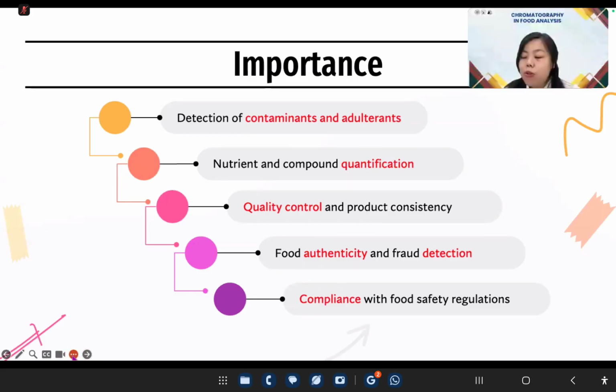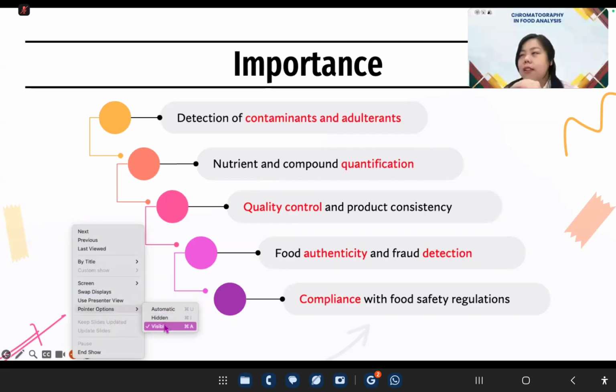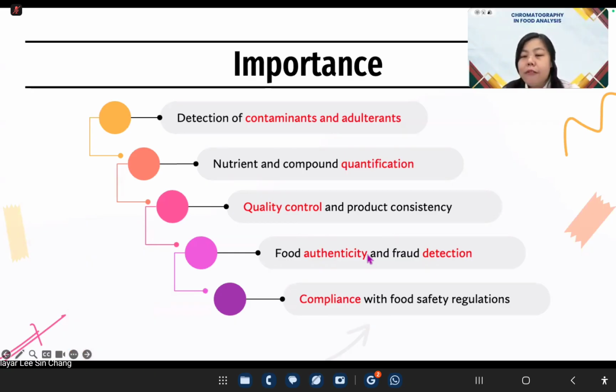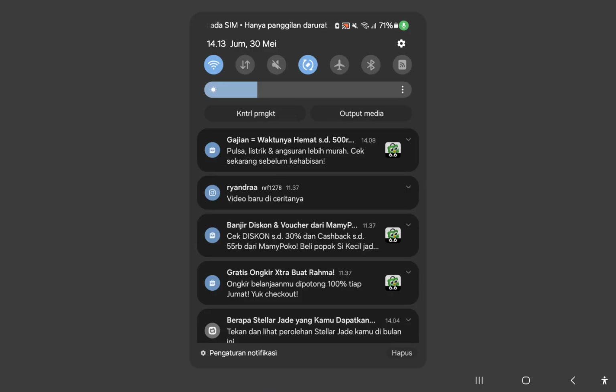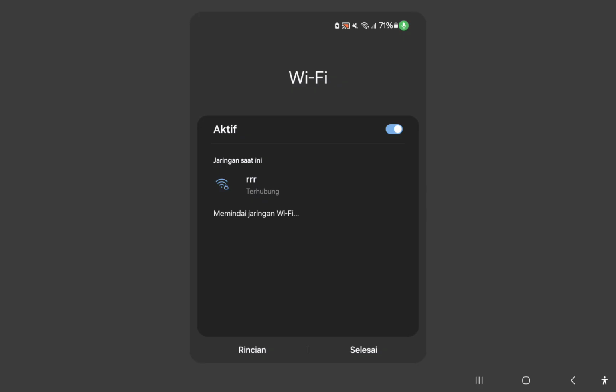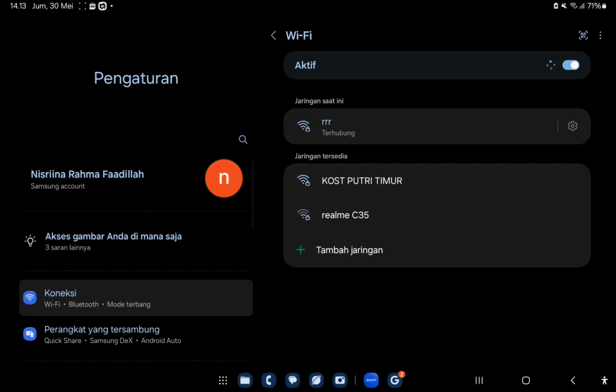And at the same time, it is used as quality control, where they use it to know how much microbe there is, whether there is any production of lactic acid by the bacteria, all these things, and also to prevent any fault. So they want to ensure that the food is authentic, is true, and lastly, compliance with the food safety regulation. So I believe in Indonesia, you also have food law and regulation. So when they need to run this kind of analysis, it is to make sure that the product is compliant with the regulation, right? So the application is quite wide, but I'm going to categorize it into